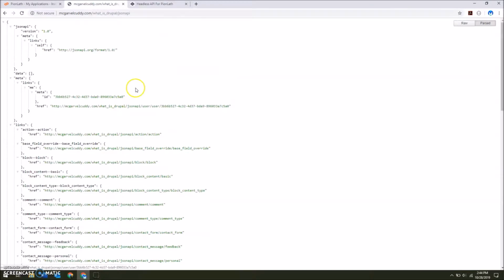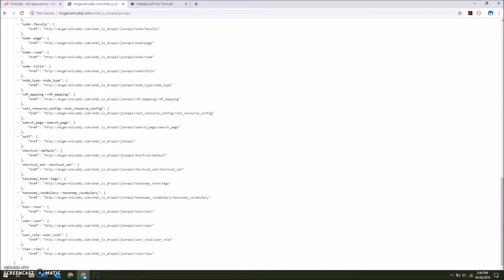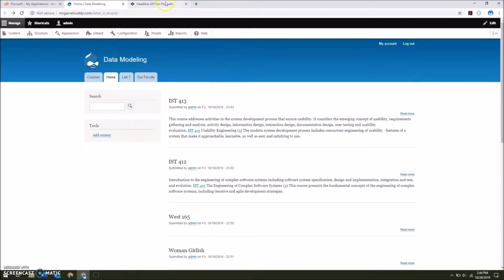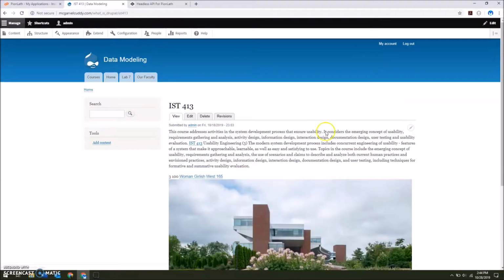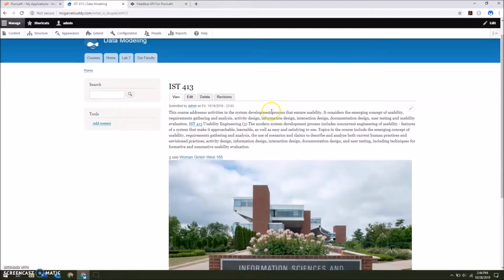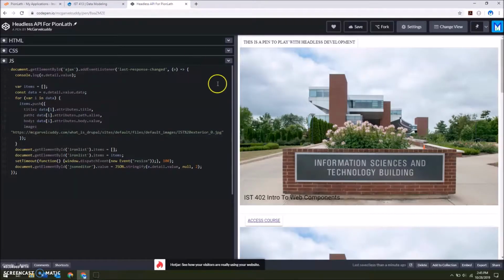So we've got all this JSON output, but what are we going to use it for? We're going to use it to access the information that I've put into the site. So we've got IST 413, and you can go there, and we're on the site, but what if you want to access this from your own site? You don't want to have to come to mine to take a look. So here I've got a CodePen that will basically show